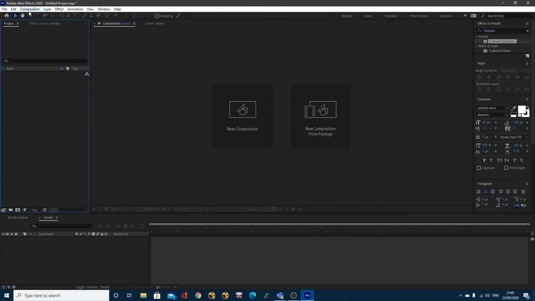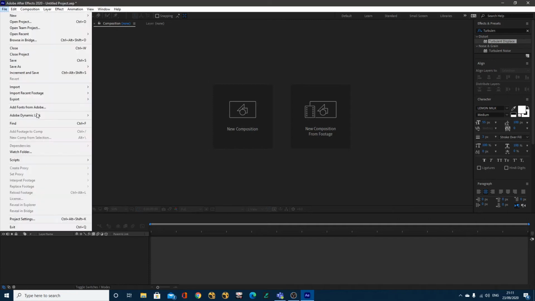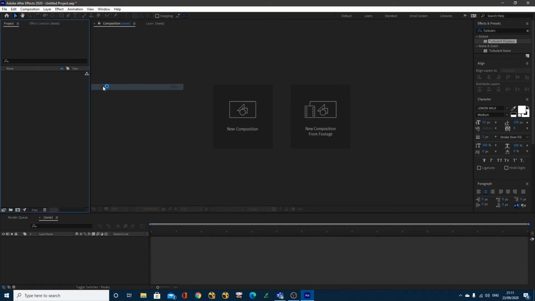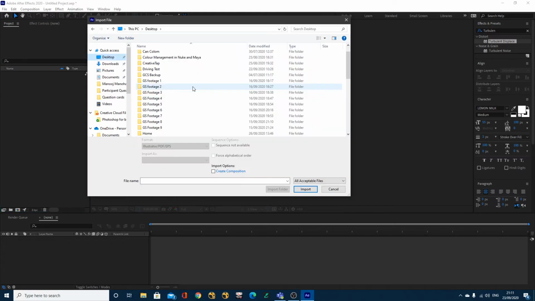So what you're going to want to do first and foremost is import the file. So if we just go to File, Import, and File. What we can do then is locate the Adobe Illustrator file called Balloon, which is available in the description for you guys to download. So let's just wait for the dialog window to open. So let's just scroll down to the Balloon Illustrator file and make sure we import as a composition and then